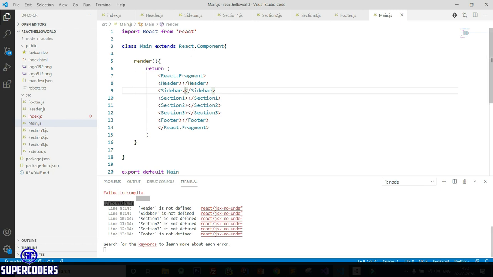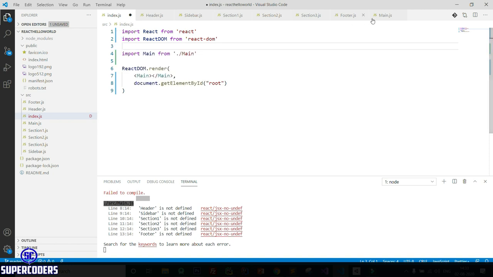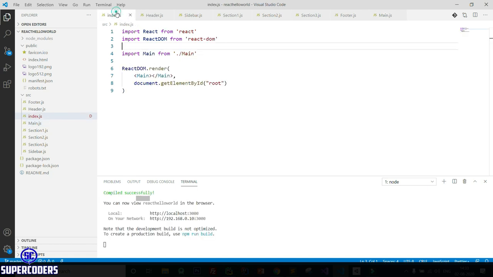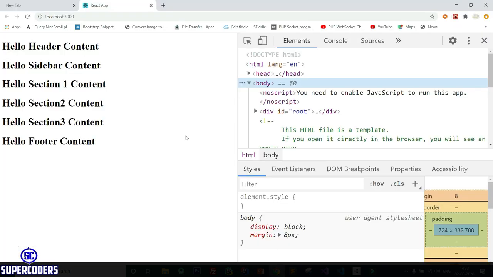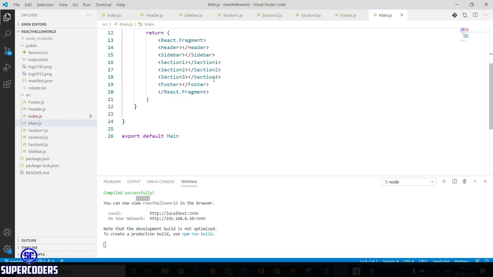Now here it does not import it, so cut all these components and paste here and save the file. Also save this file and come to Chrome, and you can see it still works. Now this time it uses the main component as a parent container. So what actually does it do here? index.js is our level 1 file, then it returns the data of main content which is level 2, and in level 2 I am passing all the data of our parent container. You can see I pass sidebar, head bar, section 2, section 3.